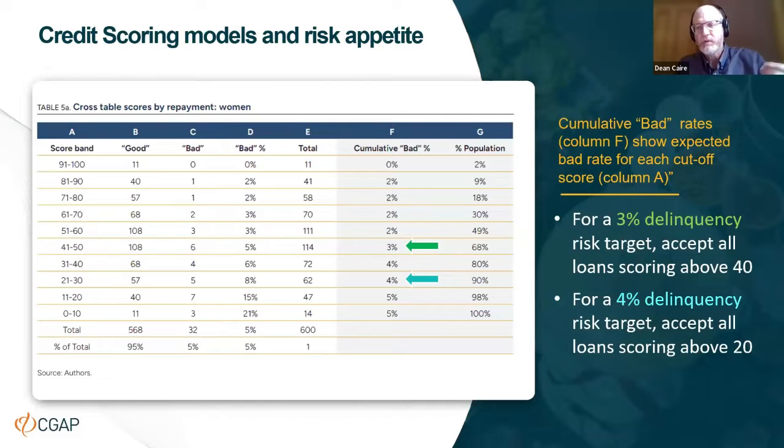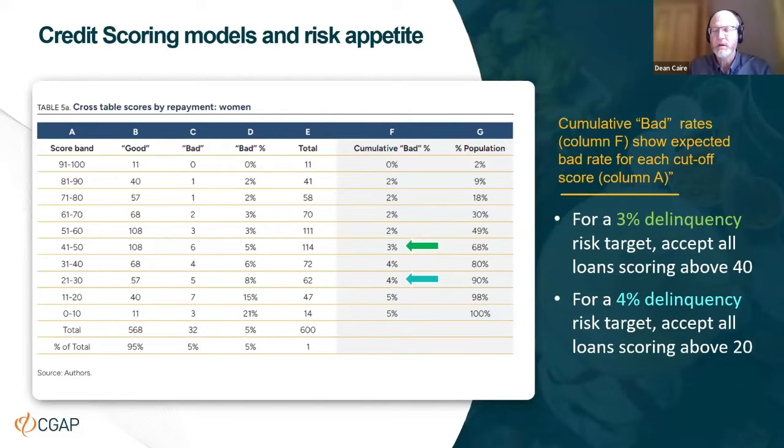And so for all scoring models, when you look at the bad rate in column D and you see scores go from high to low, you should always see, for a scorecard that works, the bad rate rising monotonically with no reversals as you go from high score to low score. So here it's going 0, 2, 2, 3, 3, 5, all the way up to 21% bad rate at the bottom. And when it's presented like this, it can be called the gains table or policy table,